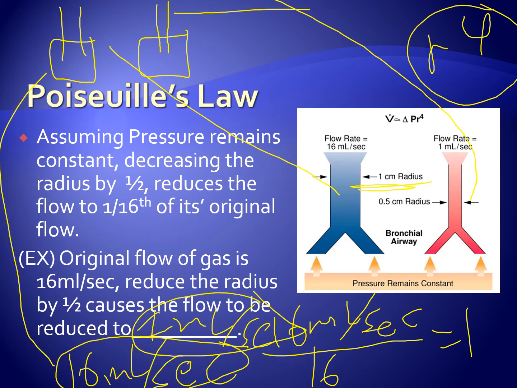Normally, I was getting 16 milliliters per second into my mouth and on my taste buds, and now I only got 1 ml per second on my mouth and my taste buds, right? So this is going to be a big decrease. I'm going to be very disappointed because now I don't have near as much of this delicious beverage going onto my taste buds. Hopefully this is starting to make sense. So a smaller tube, a smaller radius means our flow rates, if we're using the same amount of pressure, the same amount of suction pressure, we're not going to get near as much gas, right? If we have lungs that are closing down, we're not going to get near as much gas into or out